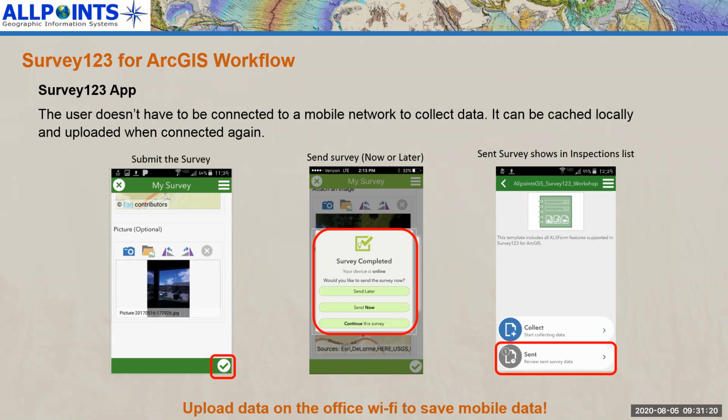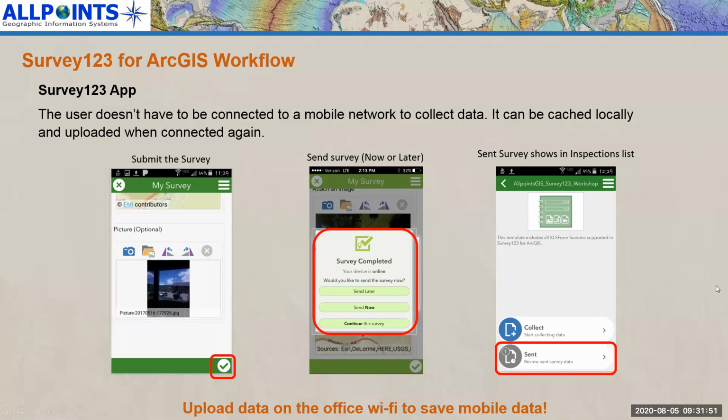Like I was saying, this really is meant to be a field app, well suited to offline, no-connectivity workflows. So you go through and fill out your whole survey, and you get to the bottom, and you see this left picture here. You get to the bottom of your survey, you complete your survey of whatever thing you're surveying, and you click to complete it. I'm done with this. And you get the option. You'll see, like in this middle picture, you can either